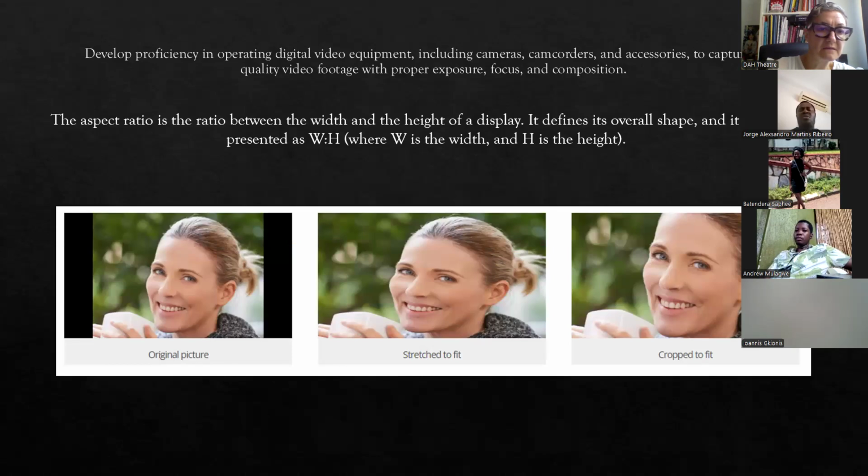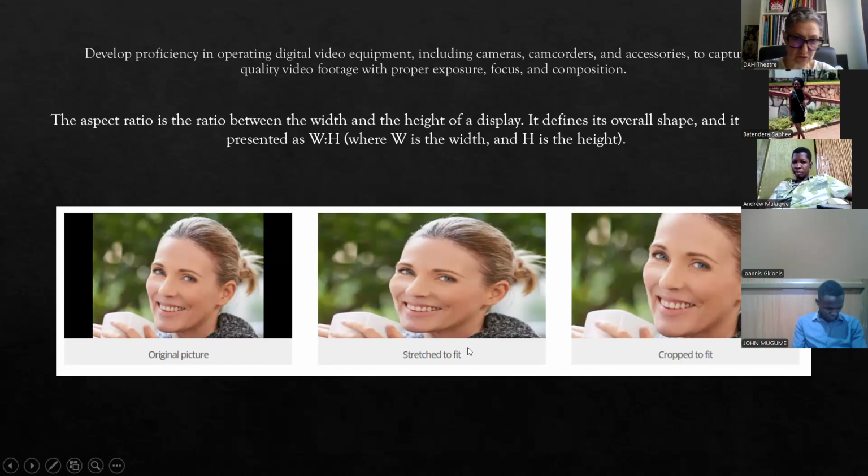We can see the difference with the aspect ratio. Here on the left side, we have the original picture. Here we have the stretch picture to fit. Here we have crop to fit. Those are the problems that I told you about earlier. When you record in 4:3 and then